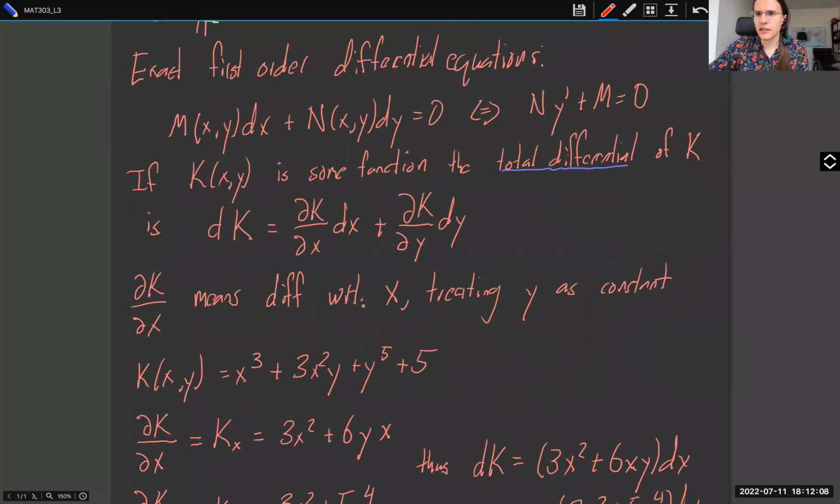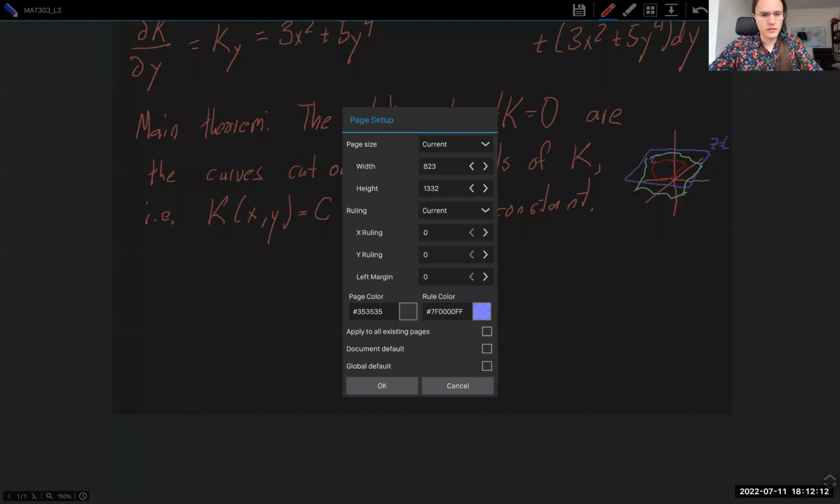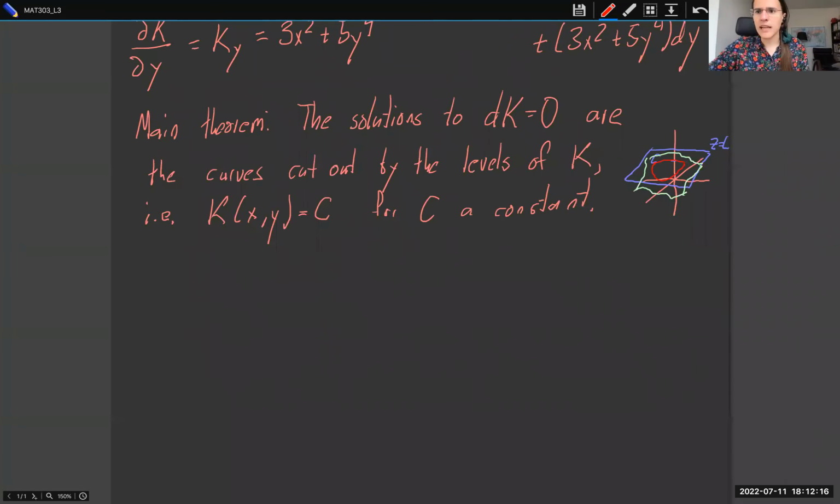And I should have extended this. Whoops, page 7. And I'm going to give a sketch of why this is true, because you shouldn't just immediately believe me when I say this. We should justify it. And the sketch is, suppose